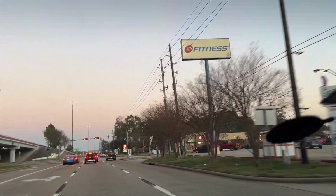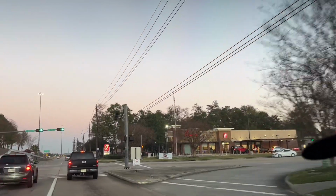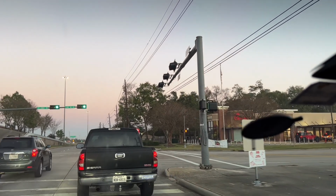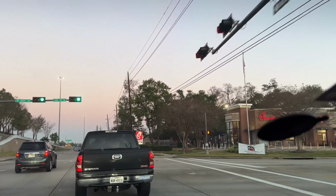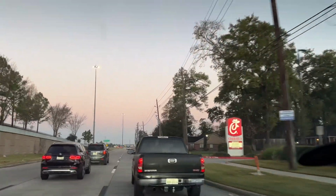This is where you're going to see the long lines. So me getting into the right lane here, usually a no-no at Chick-fil-A. This line quite often goes out. Actually, I'm supposed to be entering the highway, so